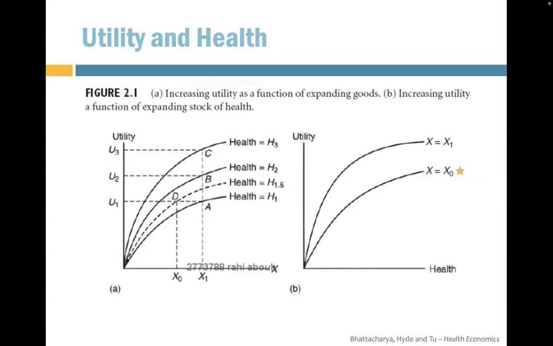So this is pretty standard utility that we've seen in microeconomics class: we have increasing utility and decreasing marginal utility. Which makes sense, because when we are very sick, getting a little bit healthier will make a lot of change. But when we're relatively healthy, being somewhat healthier will not give as much increase in utility.